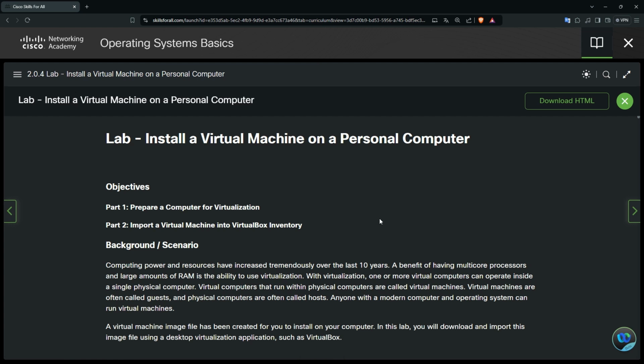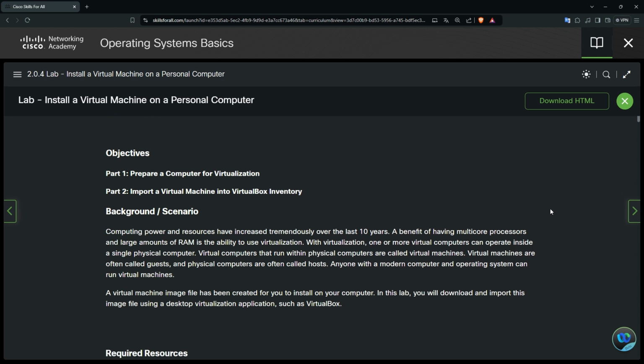Welcome. In this lab, install a virtual machine on a personal computer. Objectives. Part 1: Prepare a computer for virtualization. Part 2: Import the virtual machine into the VirtualBox inventory. Background scenario: computing power and resources have increased